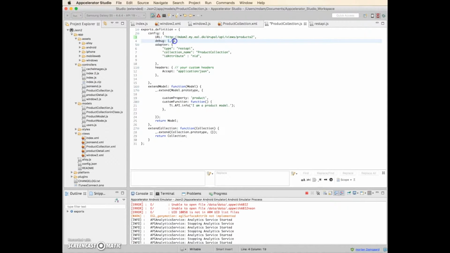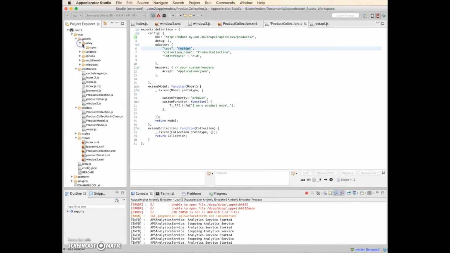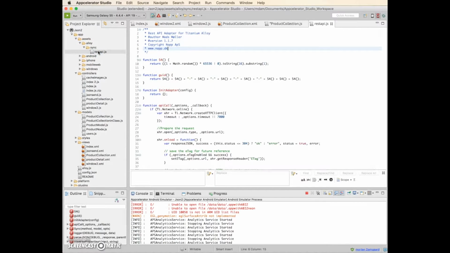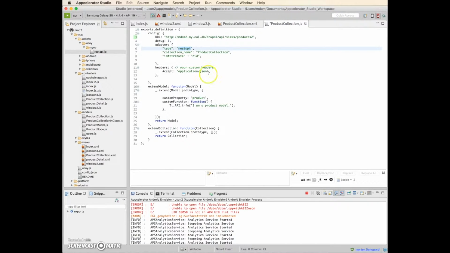I want to debug at the current moment, and I'm using the sync. My sync adapter is going to be REST API JS that I mentioned before, which I can close now. The collection name is going to be product collection, and the ID attribute. Now, the ID attribute is very, very important, and it needs to be a field that is in your data